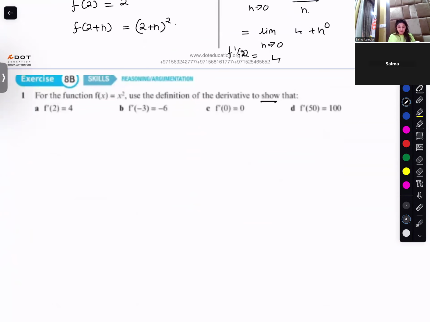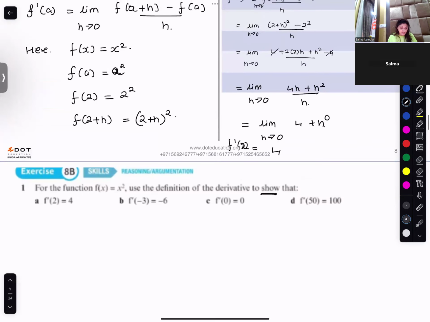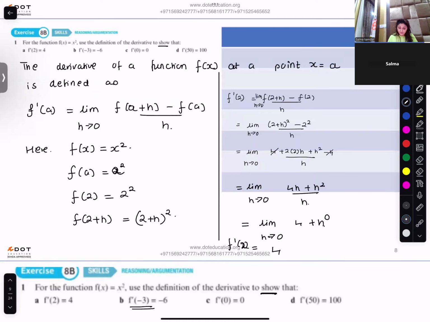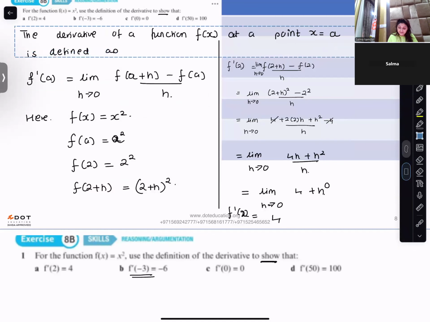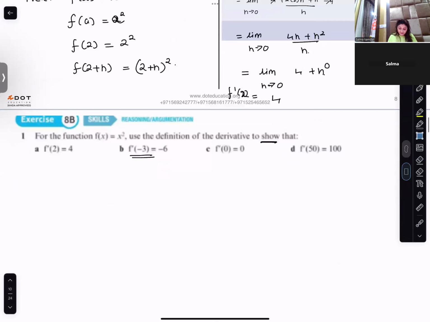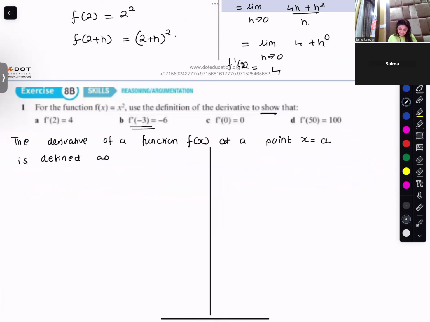The B part of this question is the same question. For the function f of x is equal to x square, use the definition of derivatives to show that f dash minus 3 is minus 6. So we know that the derivative of a function at a point x is equal to a,